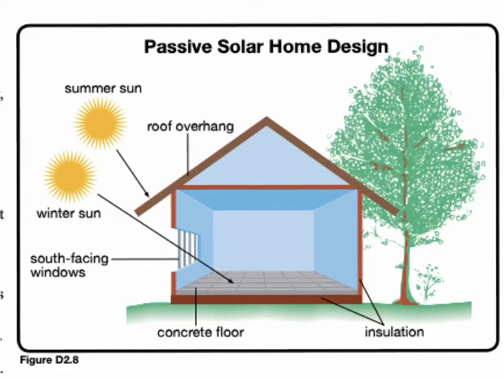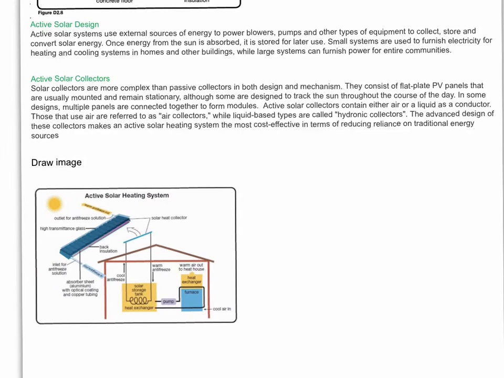And in the wintertime, the trees are typically on the north side, and then also on the south side, or sorry, west side and south side, and they typically pick deciduous trees so that the leaves come off in the wintertime to allow as much energy to come in. They might use some deciduous trees to block off excess amounts of energy coming in, otherwise the house will get too hot. Then when we take a look at active solar, heat uses external sources such as blowers, pumps, and